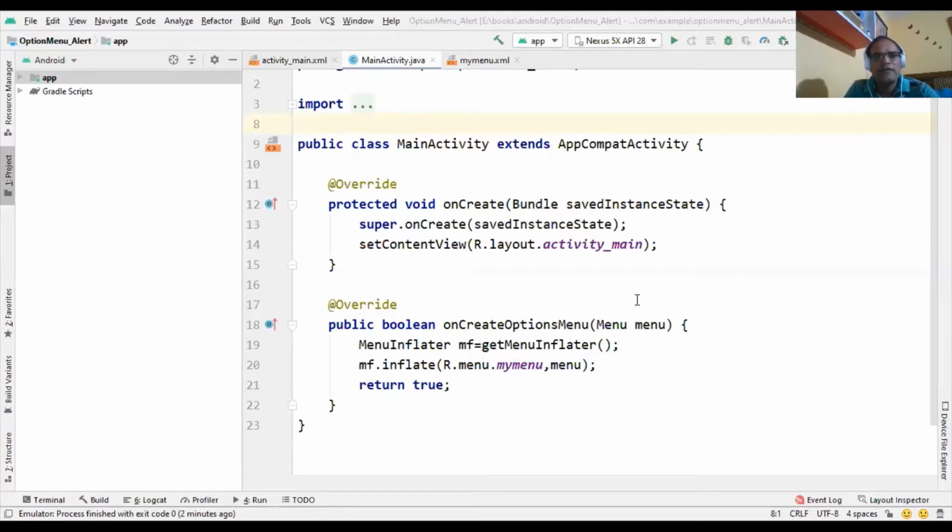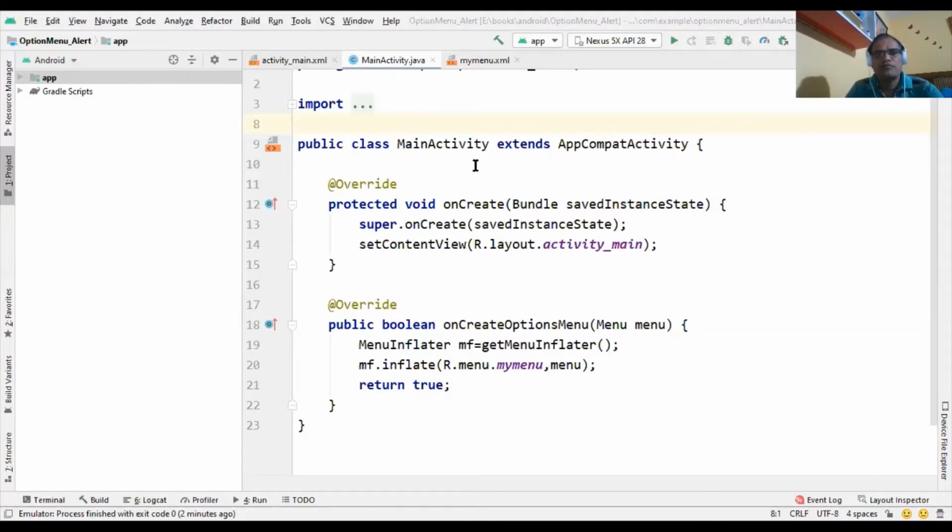In this application, we use one more option, a close option, through which we can create an alert dialog that asks, do you want to close the application or not? That alert dialog we will create in this application.